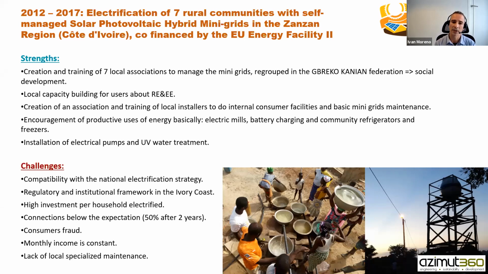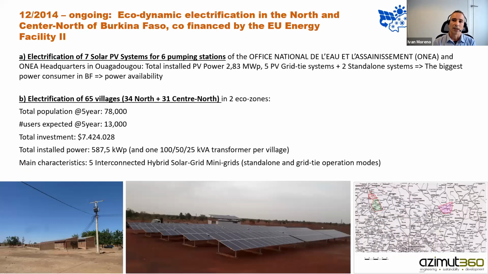Well, the monthly income is constant, and the lack of specialized maintenance is another challenge in these cases. There are several mini grids, and so you need trained people to maintain and do the service. In the next slide, we can see the other model, a kind of centralized